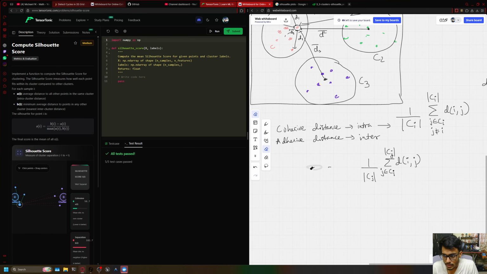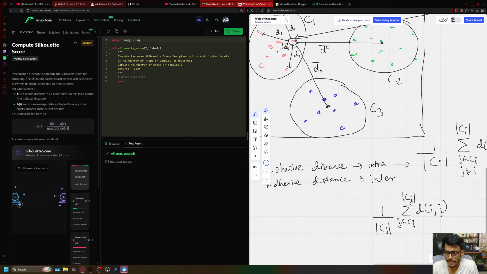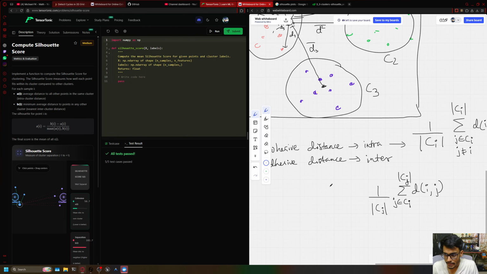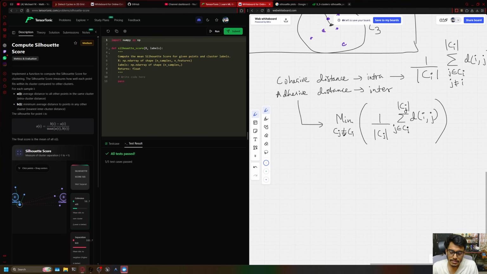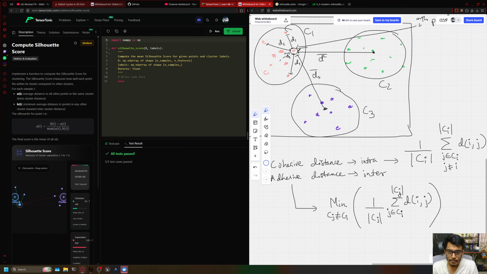Yep. So let's forget about m clusters. This will represent these distances, and I'll be considering the minimum of them, such that cj should not be equal to my ci. This is the adhesive distance. What this adhesive distance will do is, for a point, give me the best cluster which is closest to this point. Now I will be considering that cluster to evaluate how the cohesion is with respect to this point in